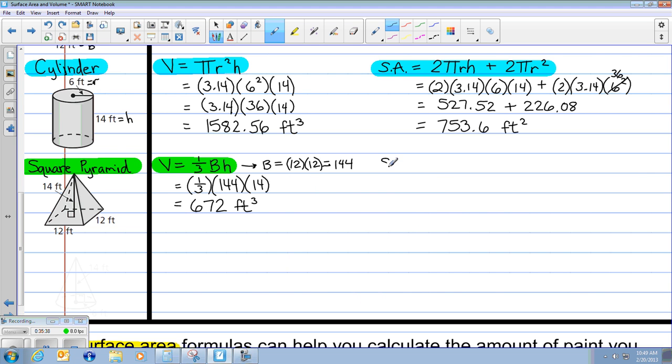All right, surface area. The surface area formula is 1/2 capital P cursive L plus capital B. And I'm going to highlight. All right, so we've got 1/2